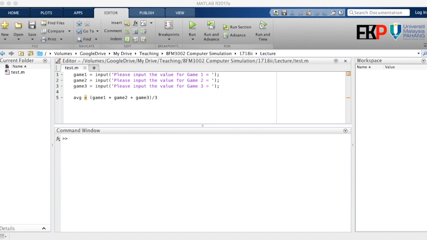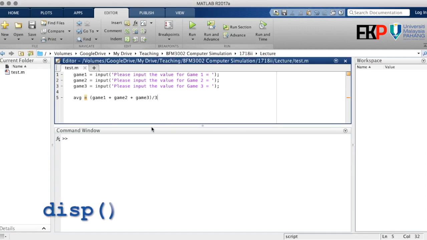Now we go to the output command. We can generate output by using two commands. The first one is disp. So let's look at the disp command first. When MATLAB has calculated the average, now I don't want MATLAB to display this average, but I want MATLAB to display it in a better way. So we